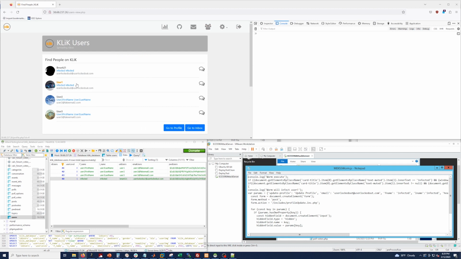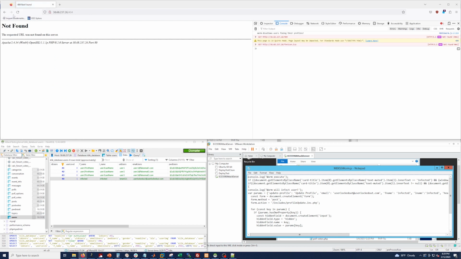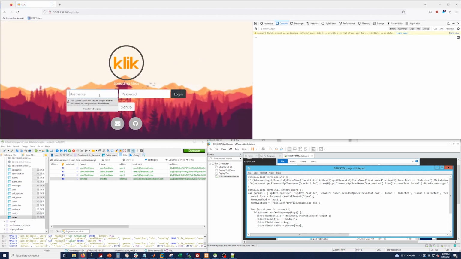So now this other user, user 2, I will also look at the infected profile, and this user is infected as well. So you can prevent this by properly sanitizing the inputs when a user goes to update their profile